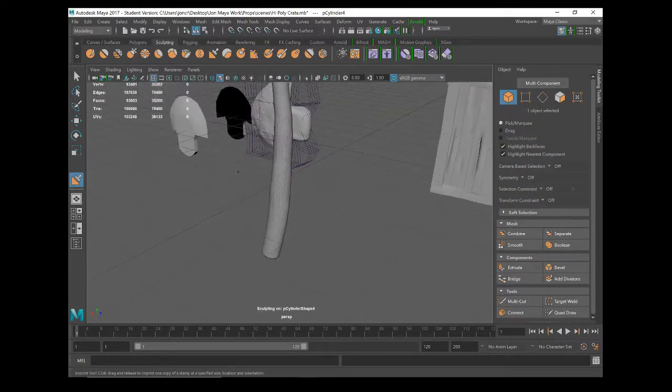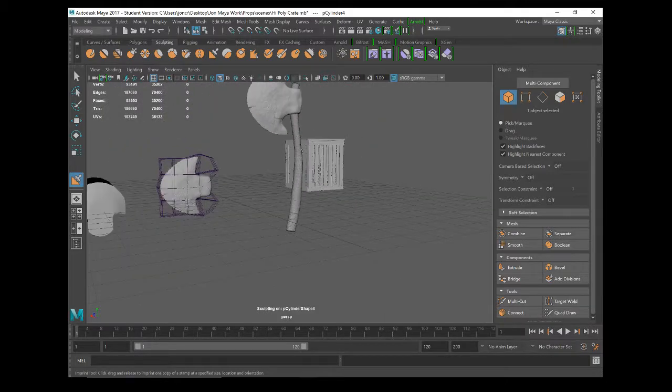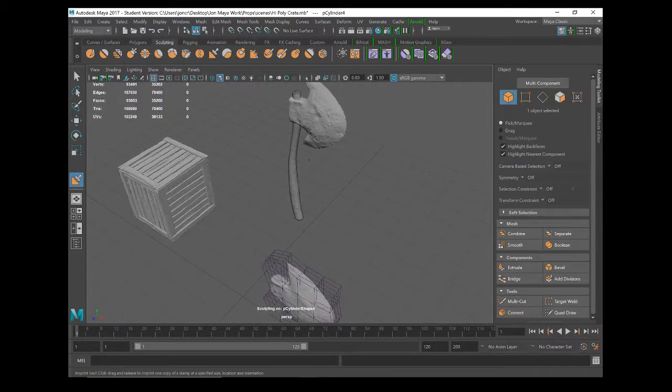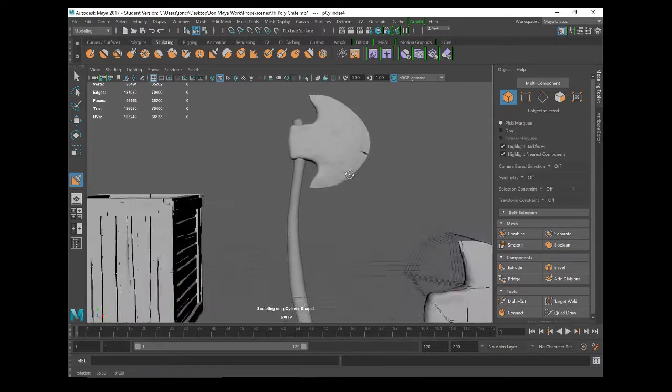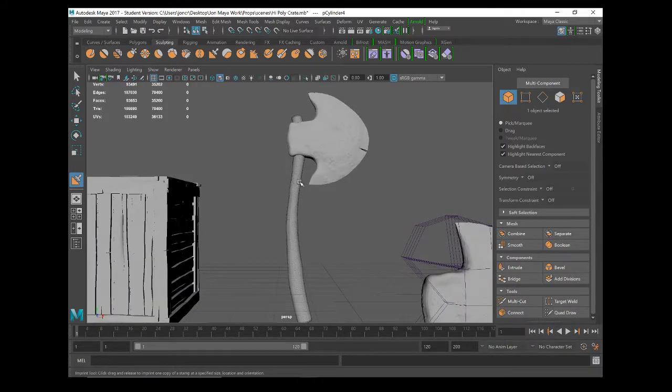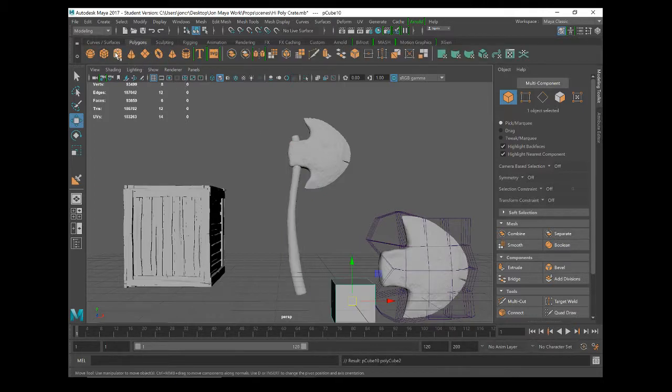Again, I'm just showing you some more sculpting techniques. So as you can see, I'm carrying on with the Bronze Age axe here, and what I've got now is a cylinder. I started off with a cylinder, and went along using the traditional polygon method, where you will grab